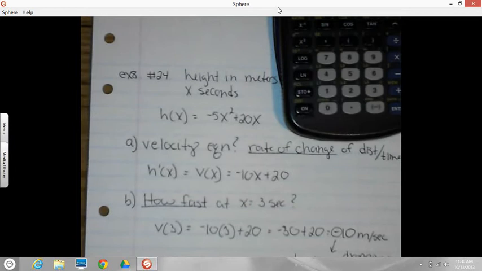Then it says, at what time is the book at its highest point? What time is the book